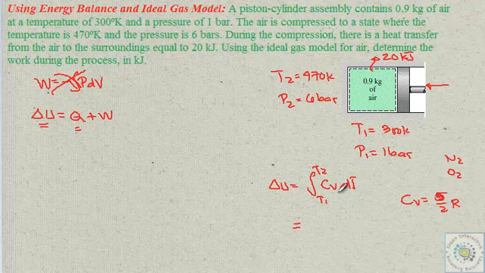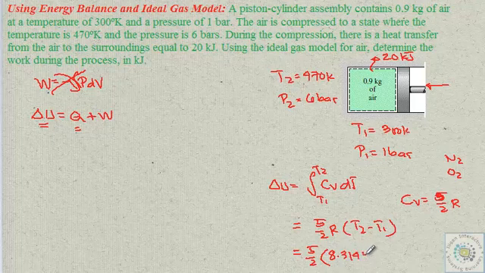Assume here that Cv is a constant, not a function of temperature. In that case, we'll have 5 halves R times T2 minus T1. This will just be equal to that. And what's T2 minus T1? Well, it's 470 minus 300. And what is R? Well, we could use R to be equal to